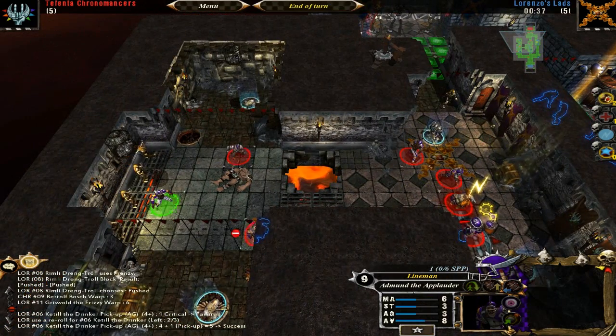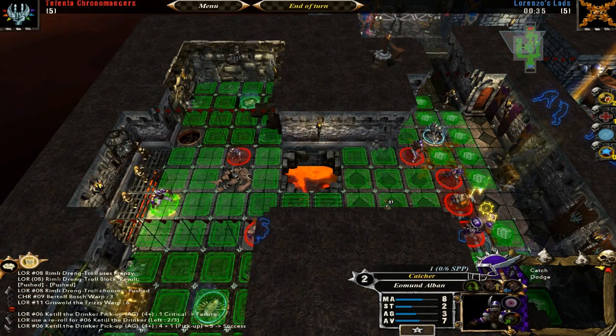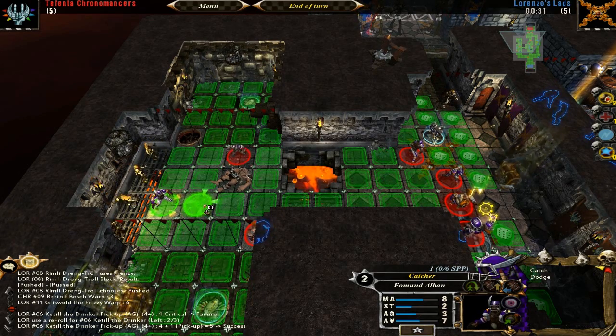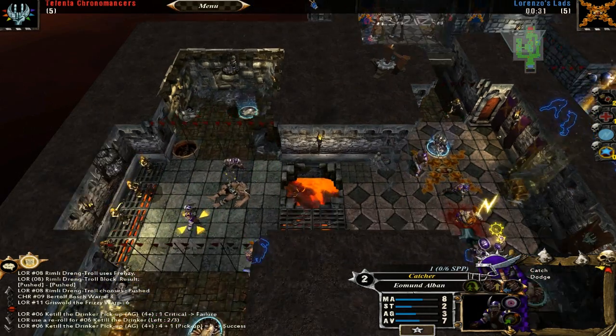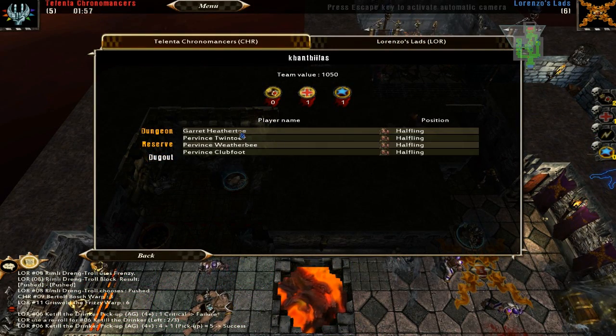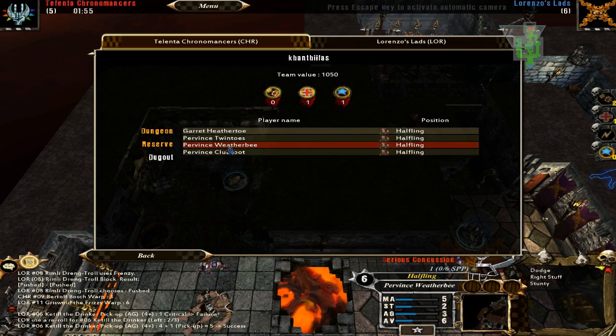Anyone else? Right. And then we should just keep the catcher here. Right, so far it's looking pretty good. You can look at how many players he's got in the dugout. He's got 4 halflings in the dugout. Not great, but he doesn't have any...